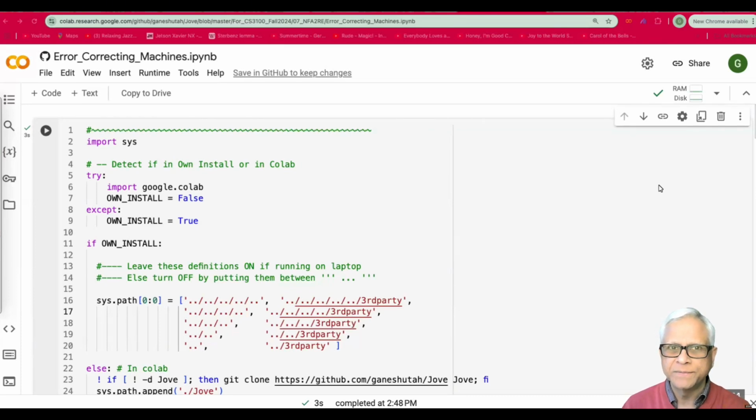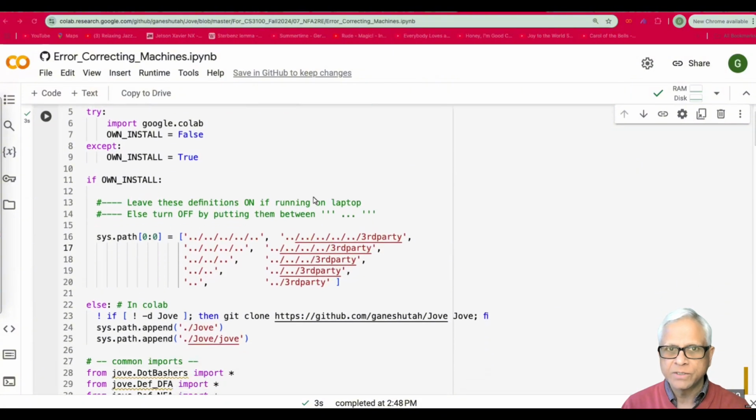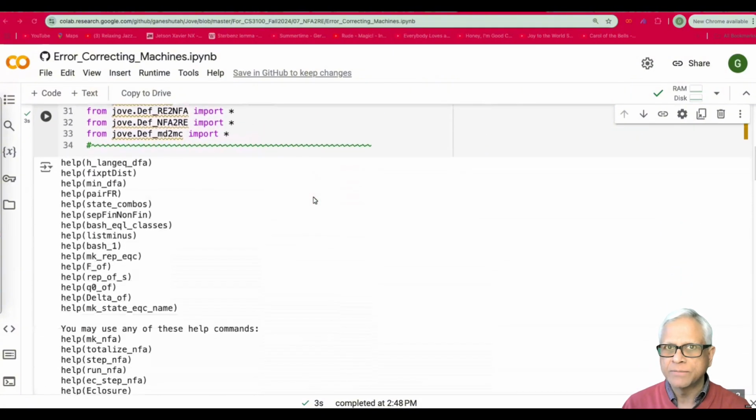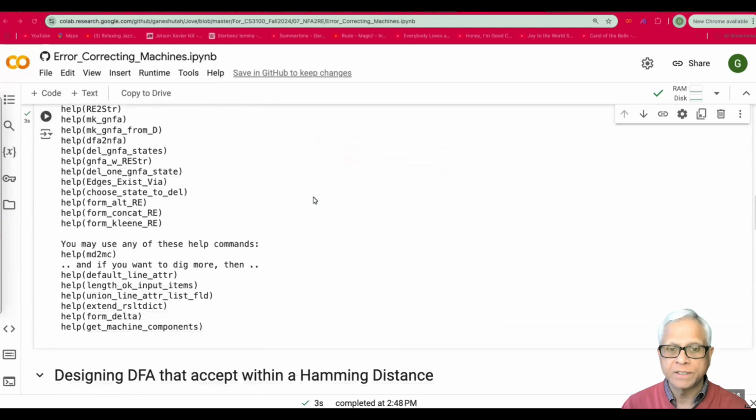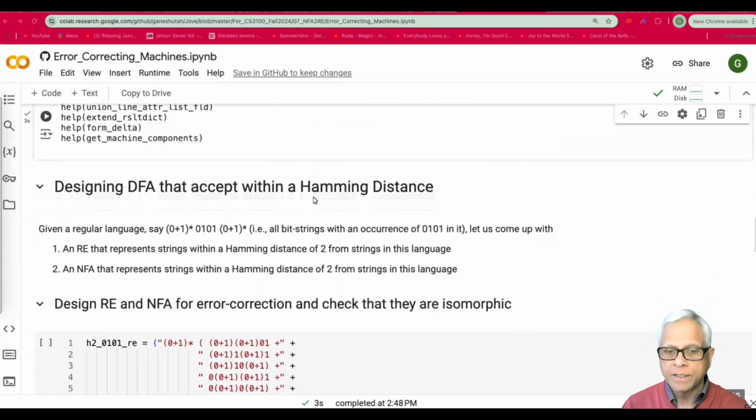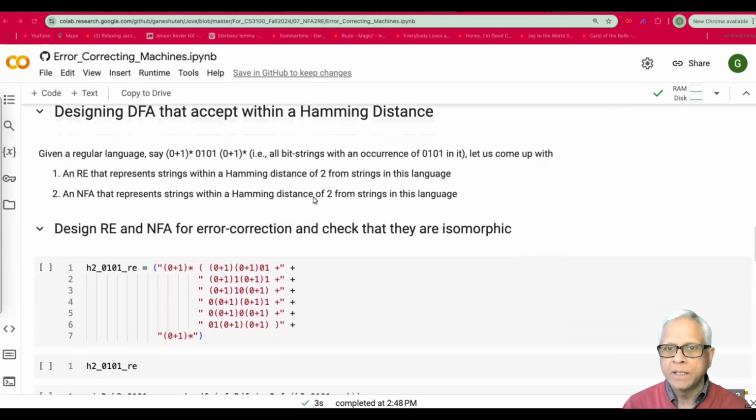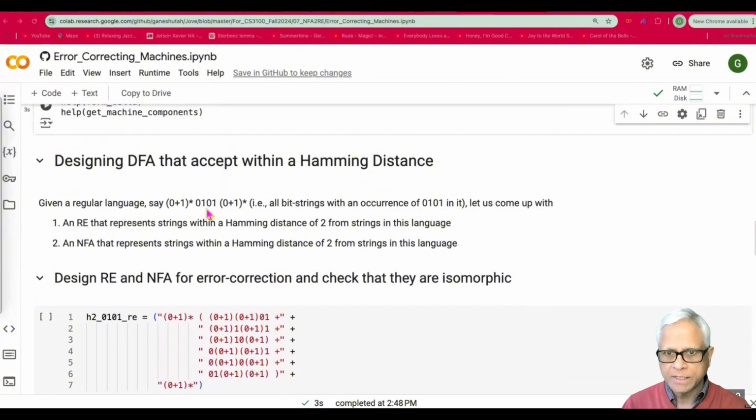So we're going to illustrate some of the illustrations that you can present in class. Say, we're going to find error correcting machines, which correct one-bit errors. This is a typical example. Suppose somebody wants to transmit 0101 through a medium, and Jove is equipped to handle regular expressions,